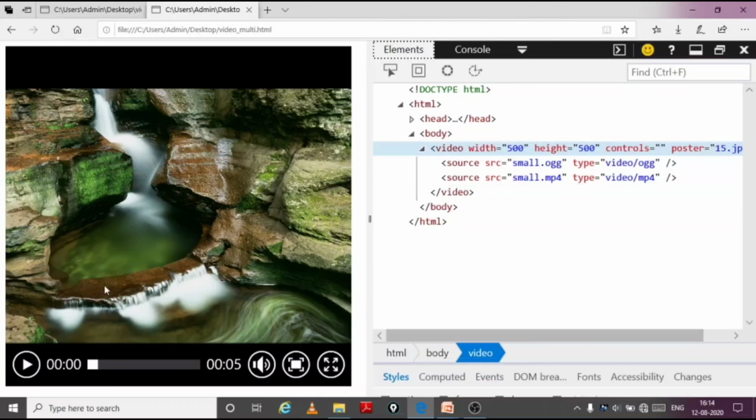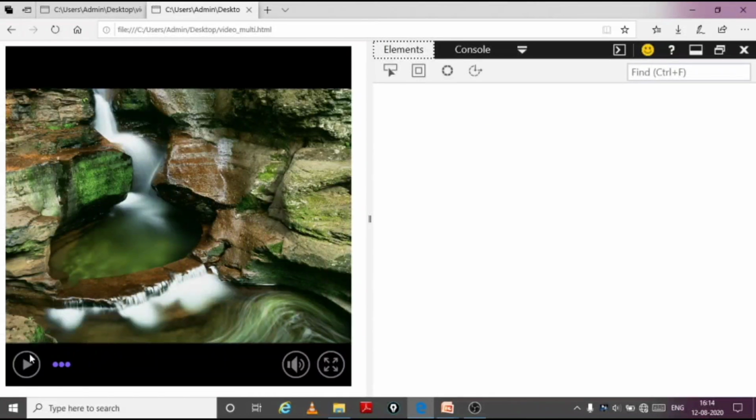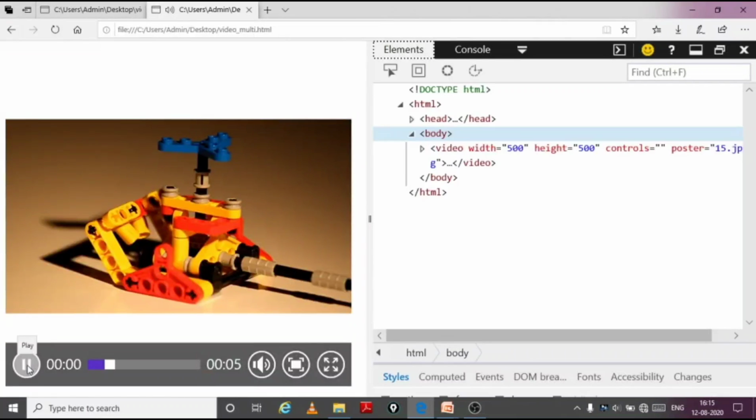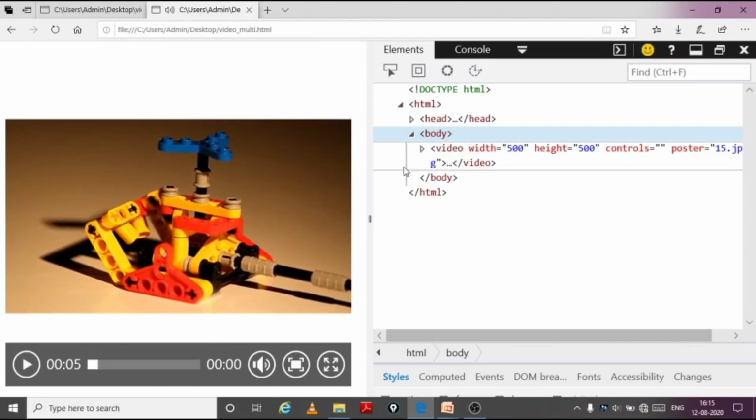So the browser has switched to the second source and it has immediately started playing. Because I have specified the controls attribute, we can play the video. So this is how the video will look when we are specifying multiple sources. Thank you.